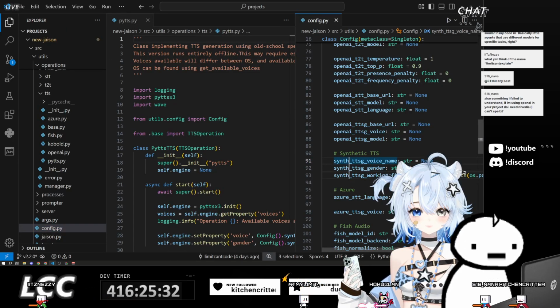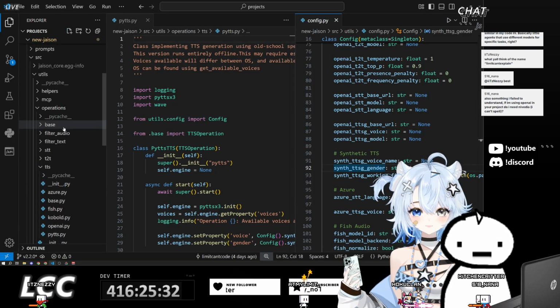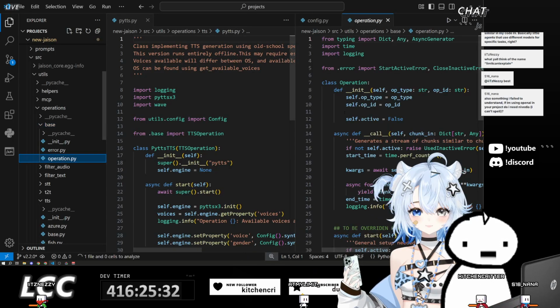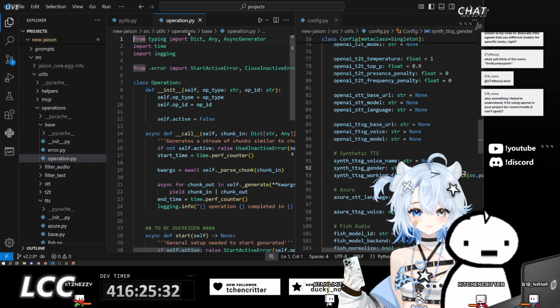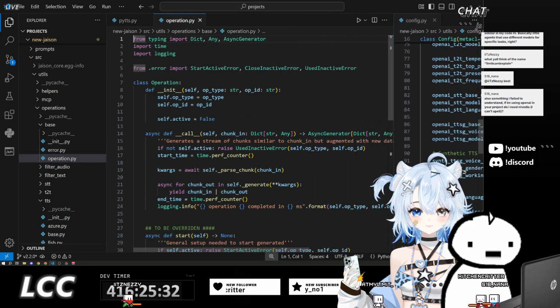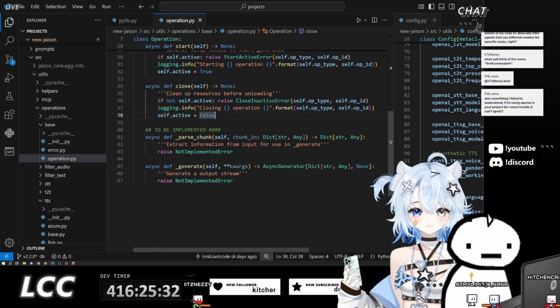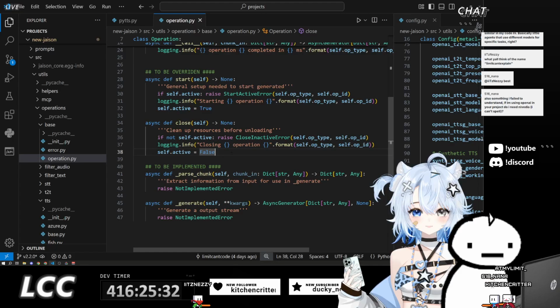I could probably just call this PyTTS, TTS voice, whatever. But before that, we actually need to change the specification of a base operation, since all of them are going to need stuff for validation of the configuration,